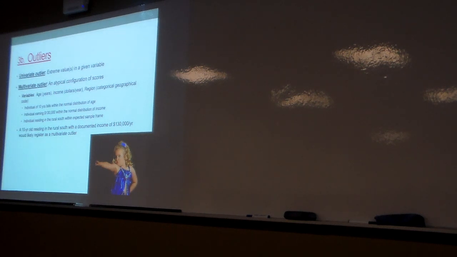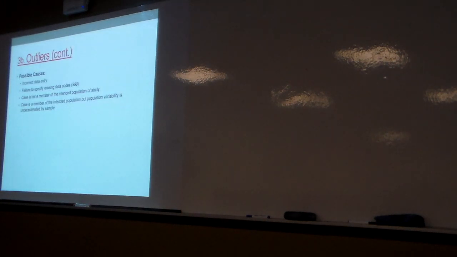Okay, nice. Right? So people understand what conceptually is going on with the multivariate outlier? Okay, so we've got a weird combination of scores that doesn't make sense. So things that could be going on, we could have incorrect data entry, right? It could just be an error where someone added a 0, or a couple zeros onto income, or something along those lines. This is what I do a lot in SPSS. I fail to remember to tell SPSS that 999 means missing data. Hopefully you catch that earlier on when you look at plausibility, things along those lines.